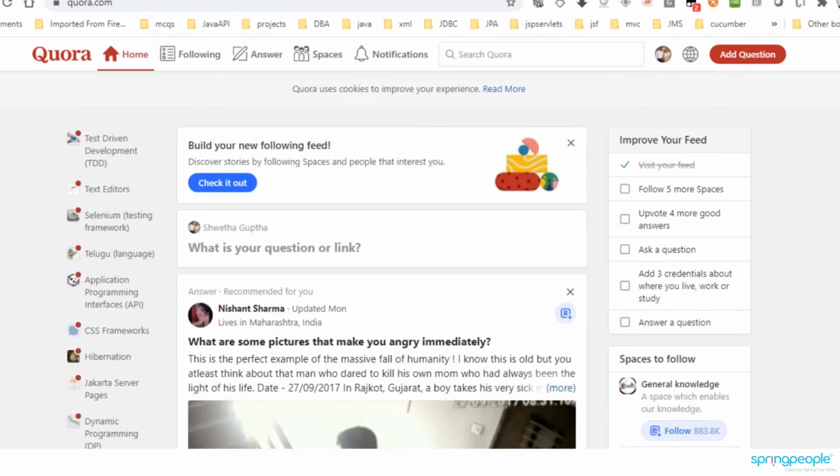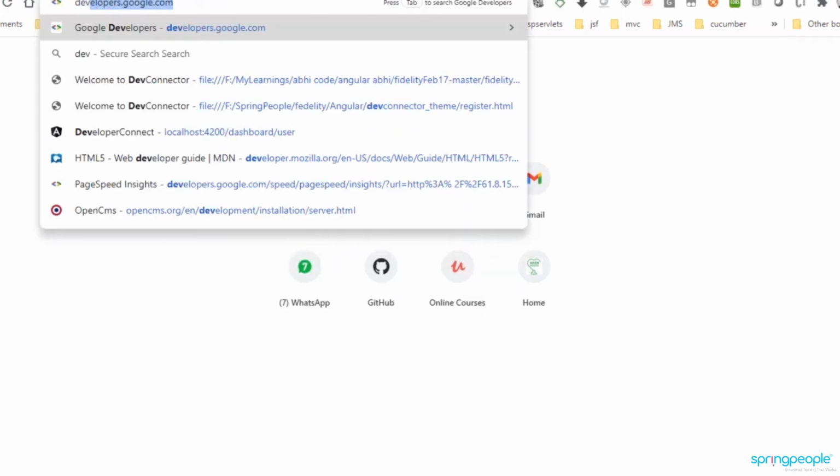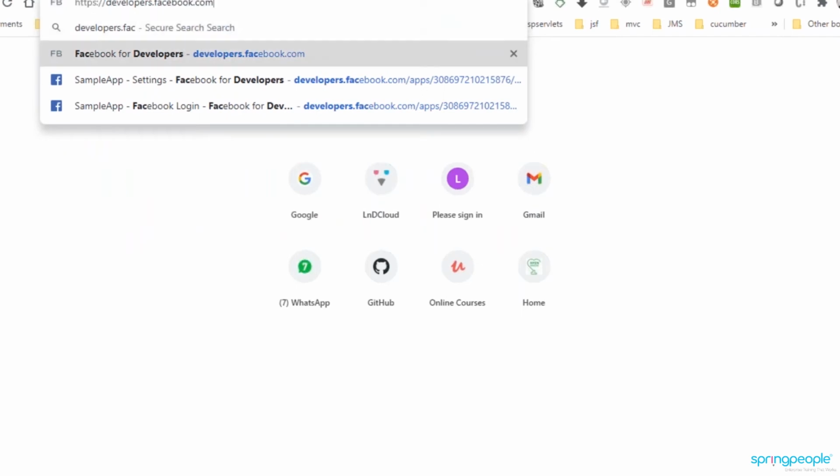For that, what we will be doing here is connecting to Facebook. So we have to configure the social login, and any social login can be taken care of. I'm just taking it here with respect to Spring Boot. So with Spring Boot we have taken the OAuth2 client, and I have to configure it in developers.facebook.com. I'll go to developers. If I'm going with Google, you can use developers.google.com. So I'm taking developers.facebook.com here.